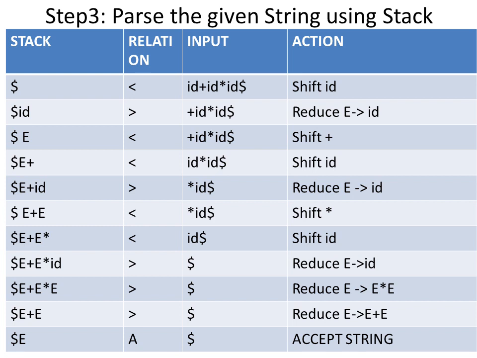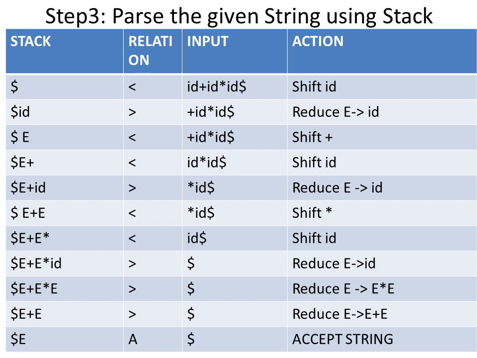Now what is the input string after shifting plus operator? ID star ID dollar. Now as I said before, the last symbol of the stack is related with the first symbol of the input string. So what is the last symbol of the stack now? Which is plus operator, that is compared with the first symbol ID from the input string. Now plus is compared with ID, so plus is having the less priority than ID. As I said, ID is always having the high precedence. So the plus operator will be having obviously less precedence.